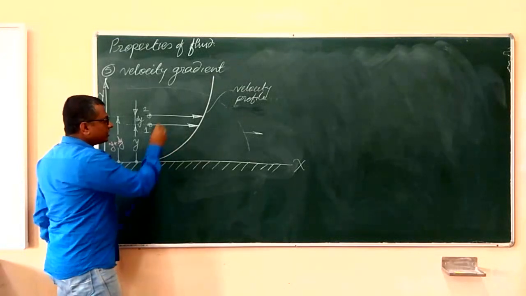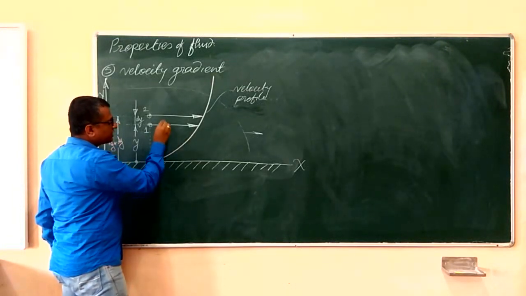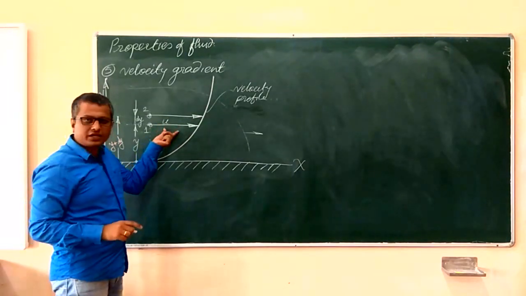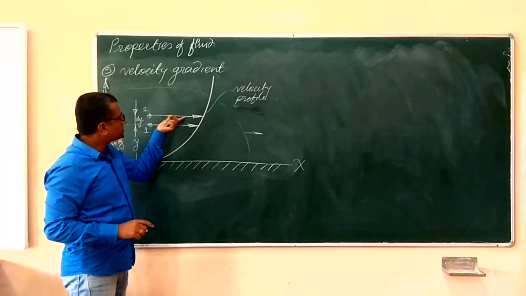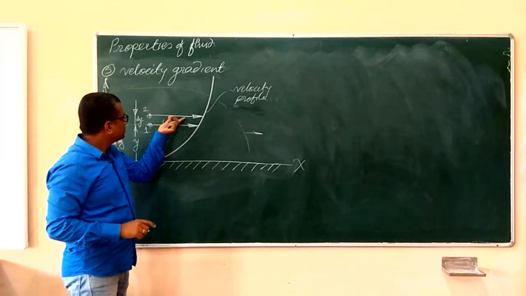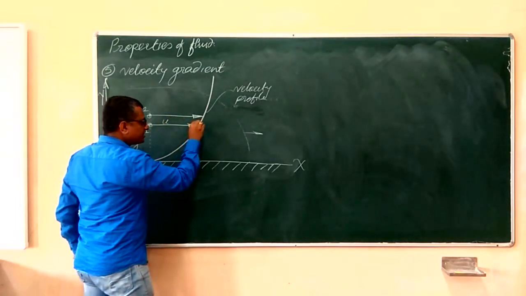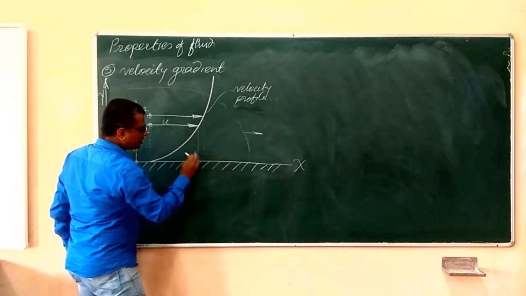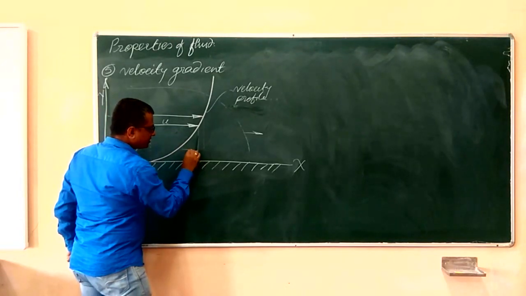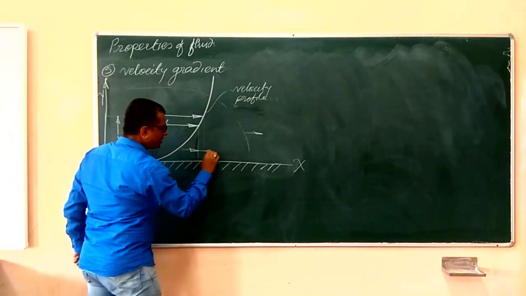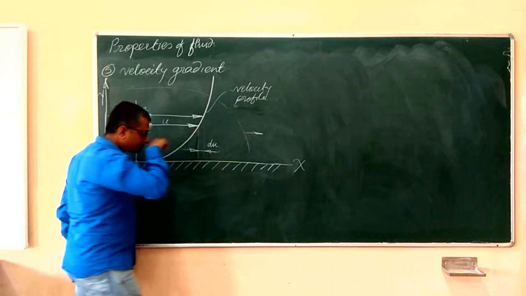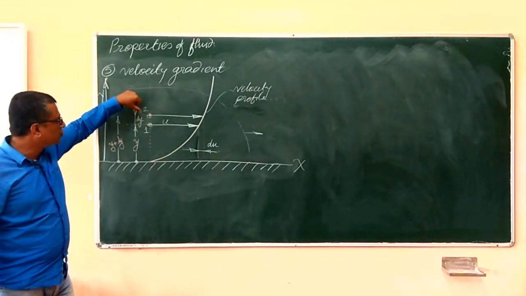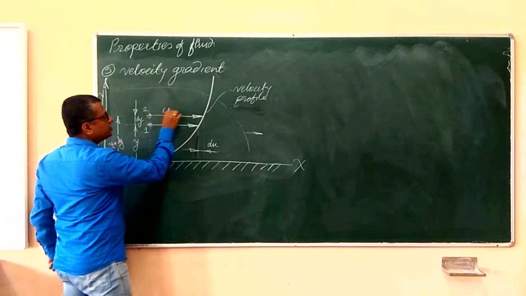By how much? If the velocity of the first fluid particle is u, then there will be a little increment in the velocity of the second fluid particle over u, and that increment you can see over here. This is the increment, and this increment in the velocity of the fluid over here, I would like to call du. And hence I can say that the velocity of this fluid particle, particle 2 or the layer 2, will be equal to u plus du.